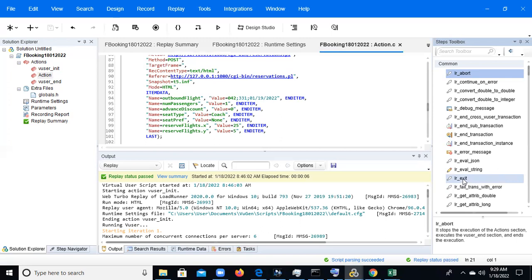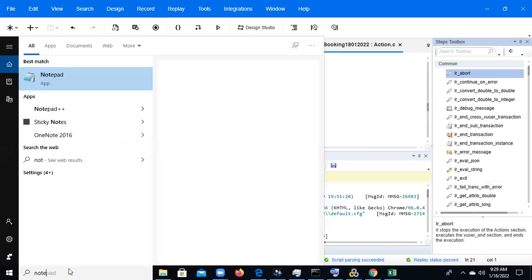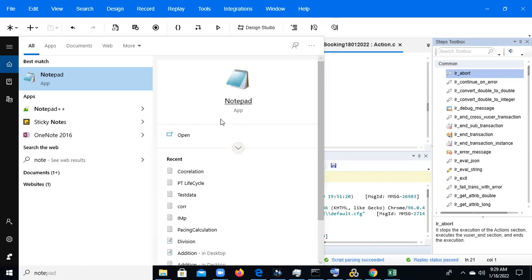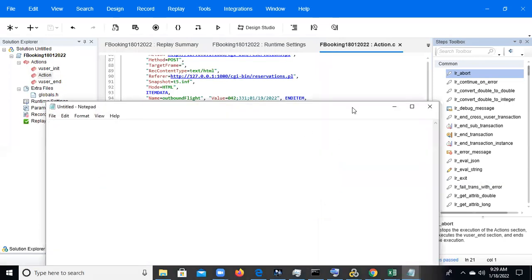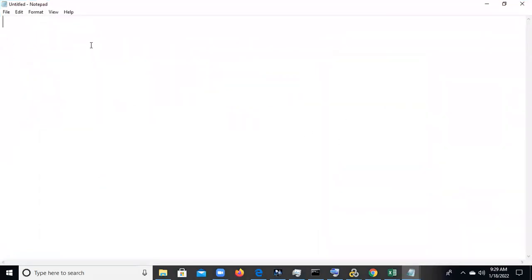The material will be there for each and every one. You can go with that one and you can see. And one more thing, we have LR save string. Save string is nothing but I need to save a normal value to a LoadRunner variable. So I will open Notepad. lr_save_string.